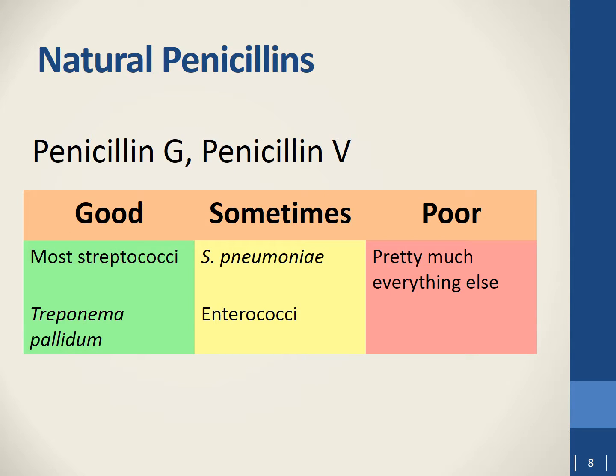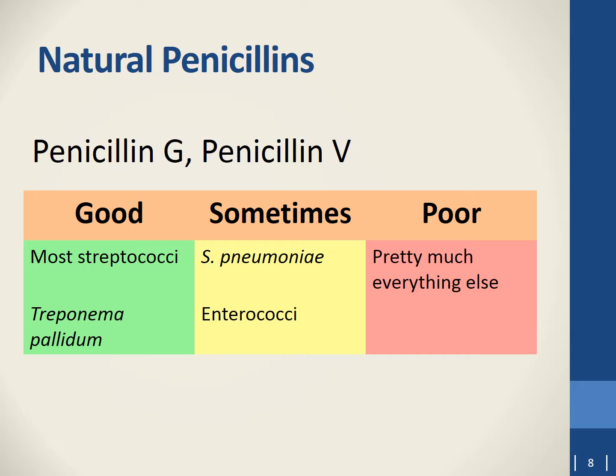So the ones that you're probably quite familiar with are the natural penicillins and aminopenicillins. And on this slide, we illustrate for you the two natural penicillins. Penicillin G, which is available in IV formulations, and penicillin V, which is available in oral formulations. When you're looking at this stoplight coloring, I'll give you a high-level overview, but I think if you can focus on the green in most cases, and then on the pertinent reds. So I'll point out a few examples when I think it's important for you to recognize spectrum gaps or failure points. But for the most part, if you can remember the greens, I think that's the good take-home point for